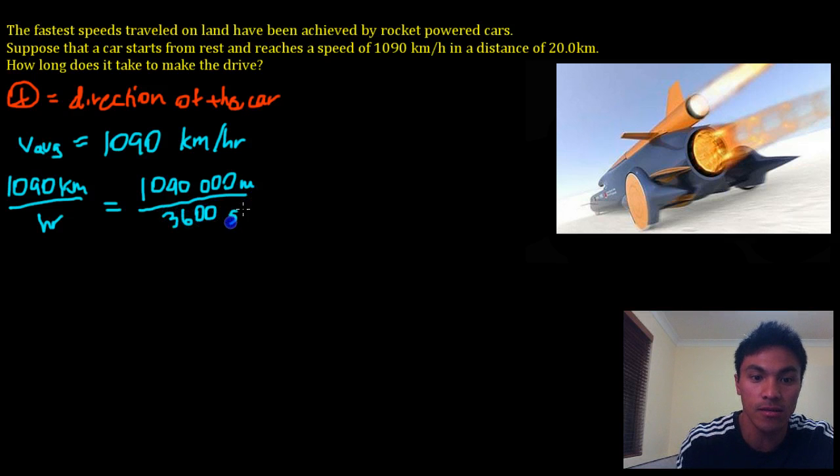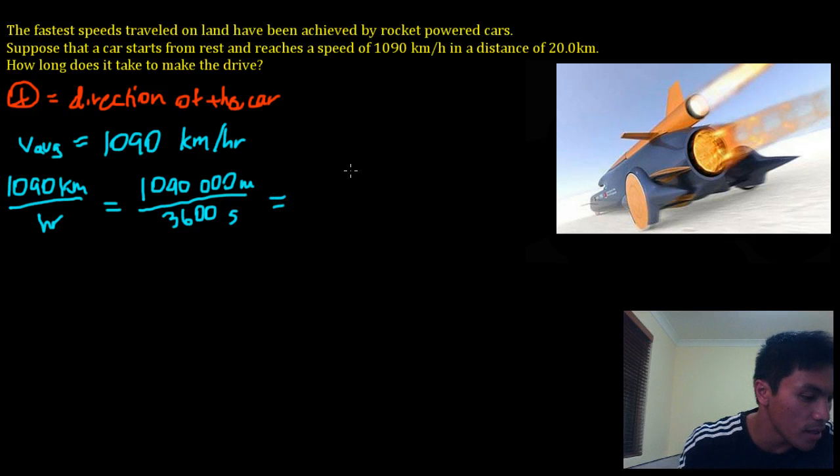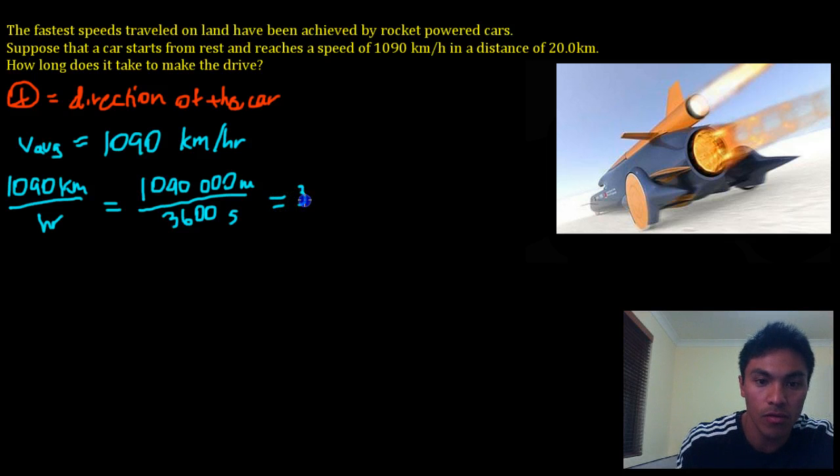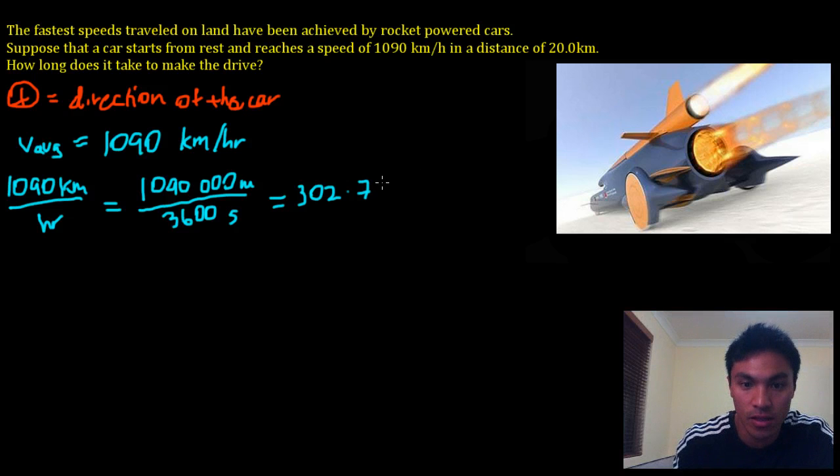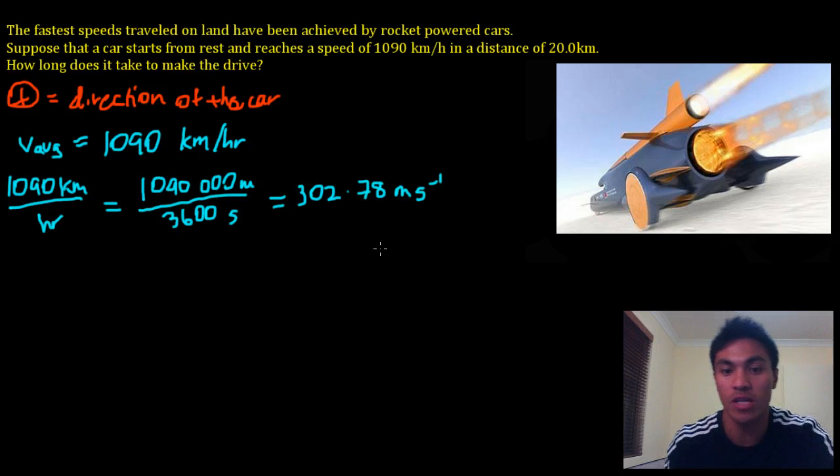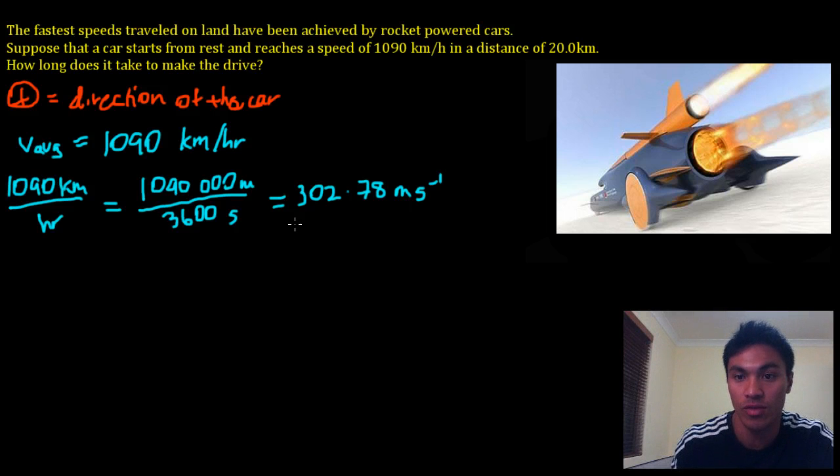3,600 seconds, which ends up being, let's have a look at what Mr. Clean got, 302.78 meters per second. So for every second it travels, it travels 302 meters. Okay, so that's our velocity, and we know here that also our displacement